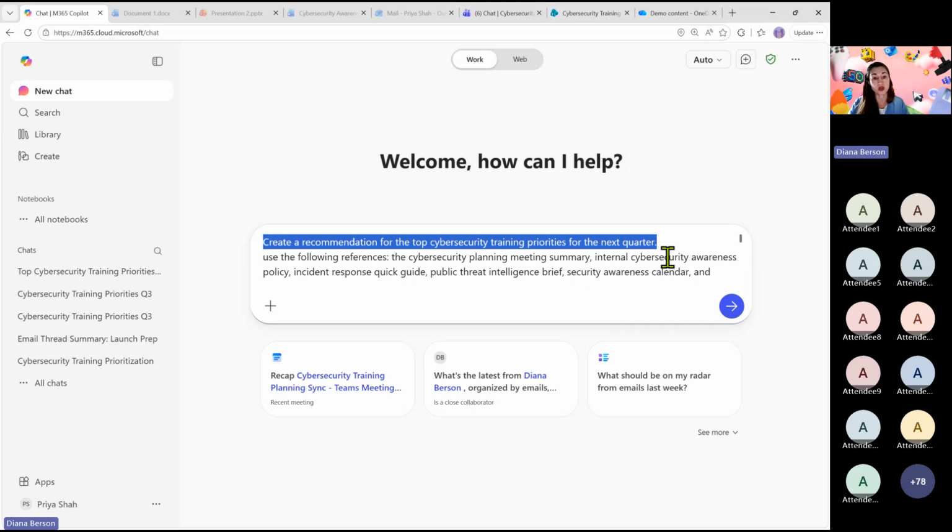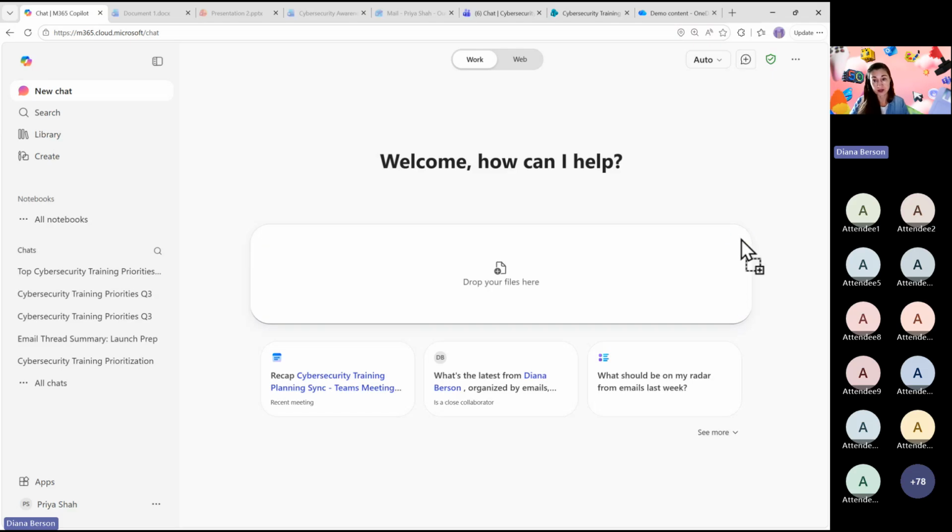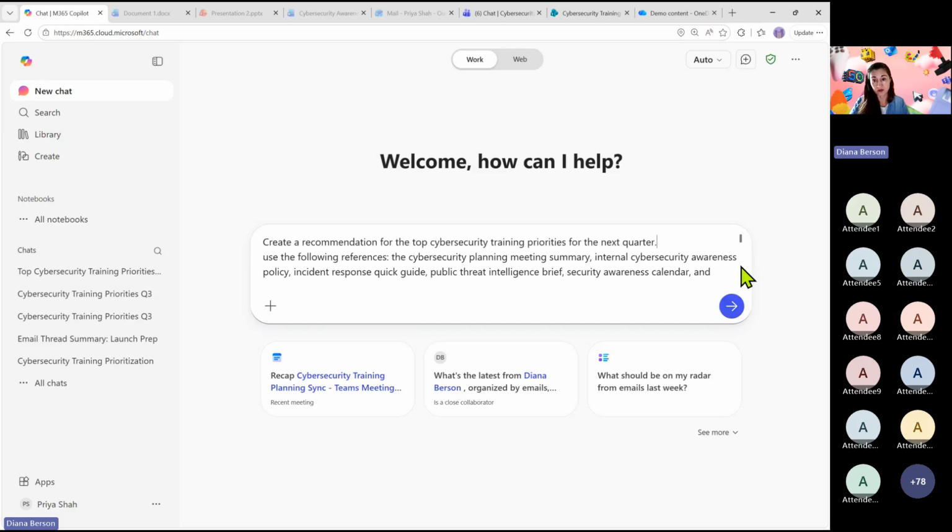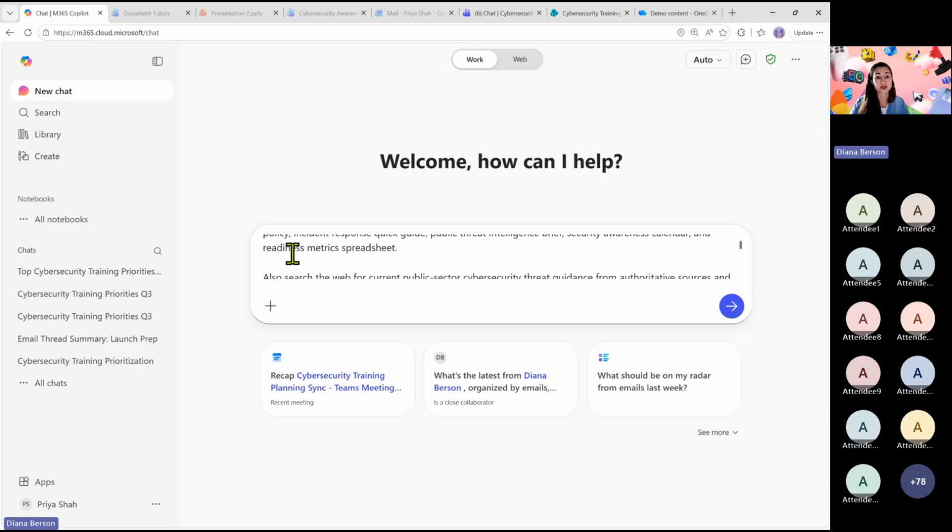I have an awareness policy. I have a response quick guide, incident response quick guide. I have a public threat intelligence brief. I have a calendar for security awareness. And, oops, what else do I have? I have a spreadsheet. So I'm asking you to use those references, but I'm not just going to leave it